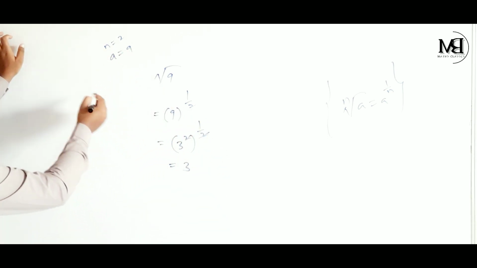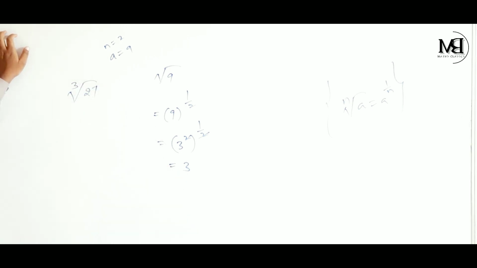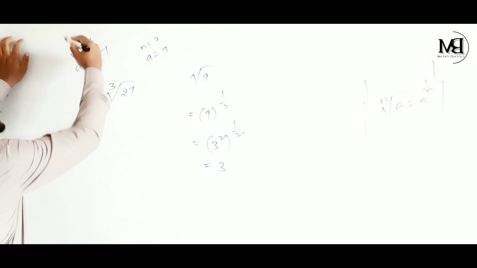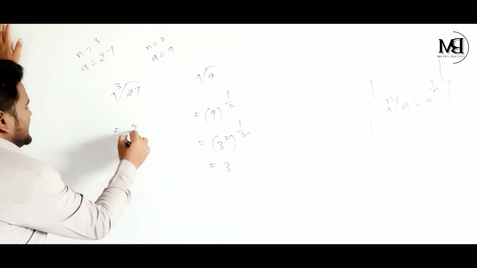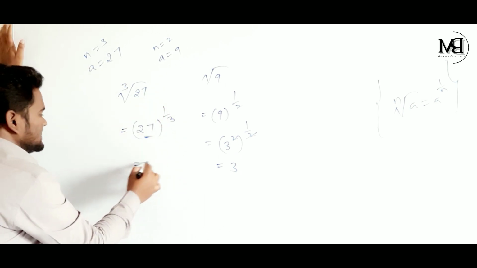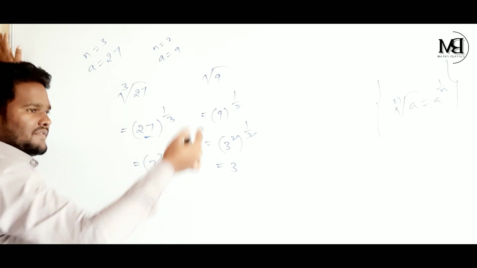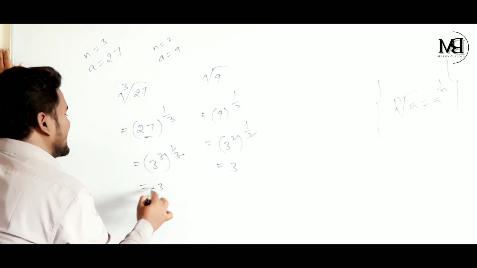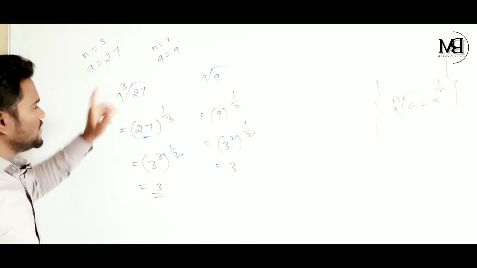And let's go for another example. For example, I am going to find the cube root of 27. Cube root of 27, where a is equal to 27 and n is equal to 3. As per that formula, nth root a is equal to a power of 1 by n, 27 whole power of 1 by 3 is there, and this 27 can be written as 3 power of 3 and whole power of 1 by 3. Here, as per a power of m whole power of n is equal to a power of m into n, 3 will get cancelled and the answer is 3. Here 3 is the cube root of 27.